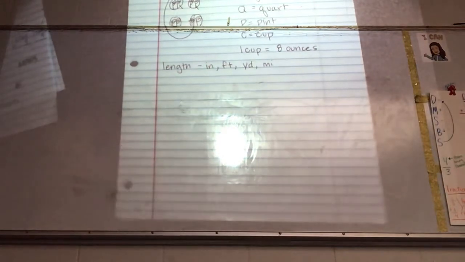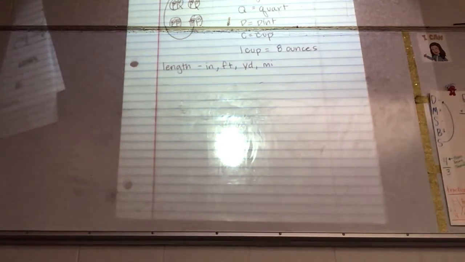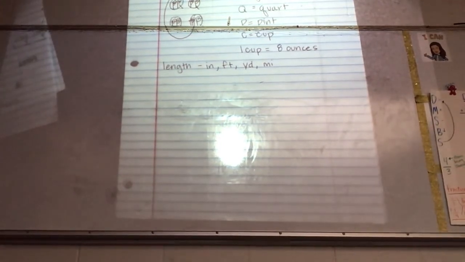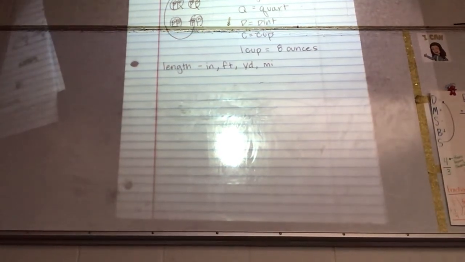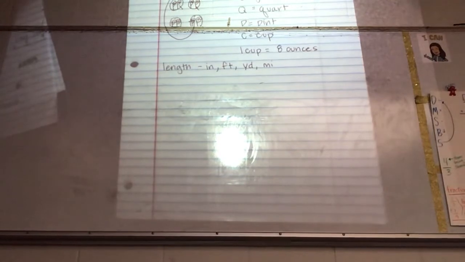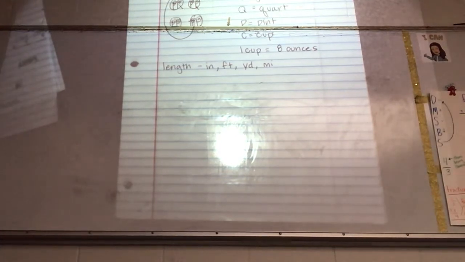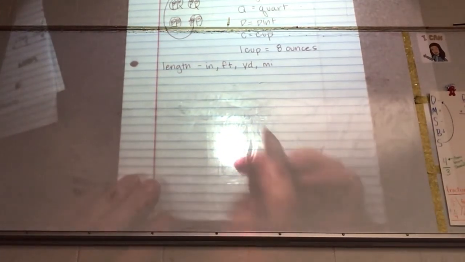Now, the big G is on our brain dump because we have to remember it. We do not have to memorize these next numbers I'm going to give you. On the state test, they are going to give you a sheet of paper, or it'll be on your computer, where you can go look at measurements, and all these measurements will be there. The big G won't necessarily be there, so you have to remember that, but the length measurements will be there. It'll just say like a conversion chart, and you'll click it. But in 1 foot,